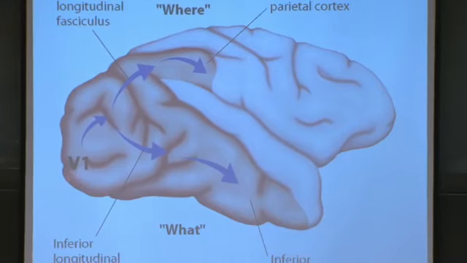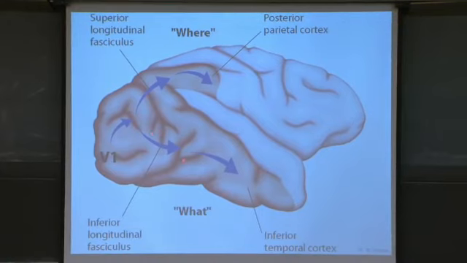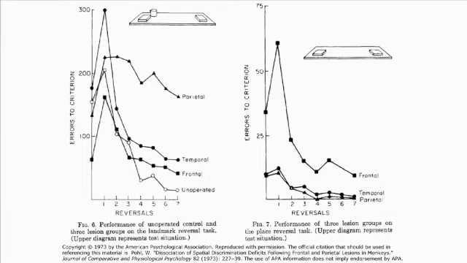So again, here's the big picture: early visual processing information, a what pathway to know what objects are, a face, a word, a chair, or where things are that you might run to, grab, or jump over. So here was the experiment. It was pretty simple. Here were two food wells, and monkeys that were eager to get food would get rewarded if they would pick the correct food well.